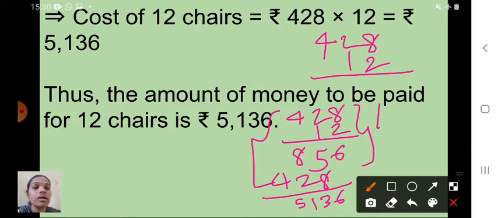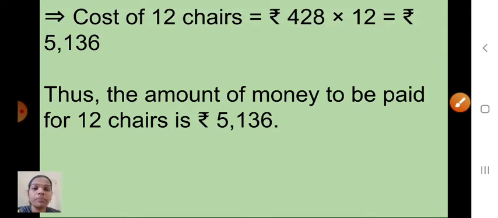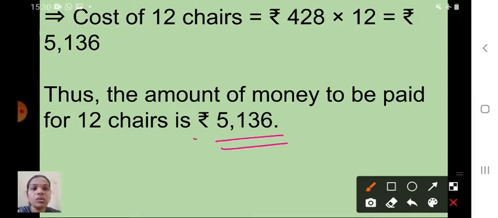Very good. So cost of 12 chairs is what? 5136 rupees. So this is the separate answer you have to write. Yes, the amount of money to be paid for 12 chairs is 5136 rupees. Okay, this unit also must. Okay children, shall I go to the next one now? Next one is,